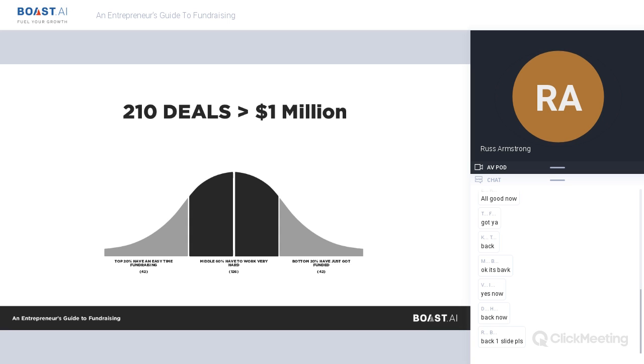If I break this out based off of different people's experiences raising, you're always going to have the top end of the curve where you've got a growth rate of over 300% and you're already doing $1 million in ARR. You're probably going to have an easier time fundraising from VCs based off of your metrics. But that's not to say that the people with different metrics aren't going to also raise. There's that middle rack where you're going to have growth rates in the 200 to 300% range, and maybe you're approaching your $1 million ARR. And then there's the bottom half who barely get by and have to struggle.